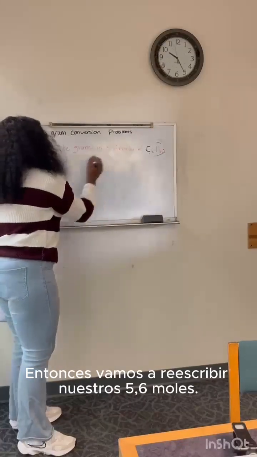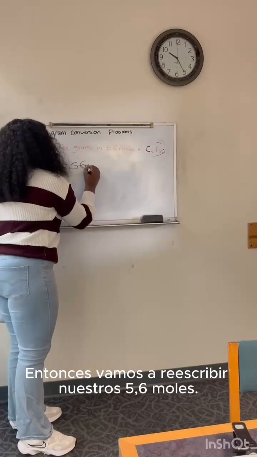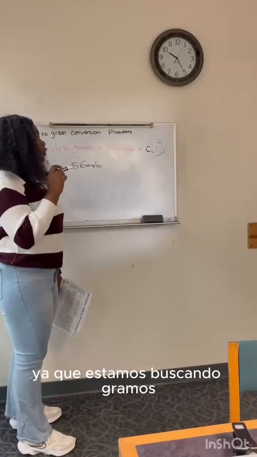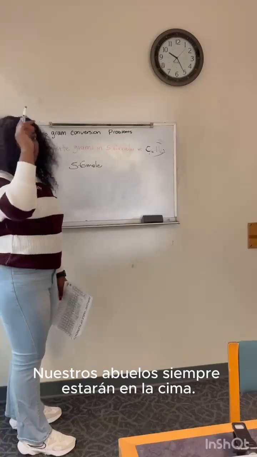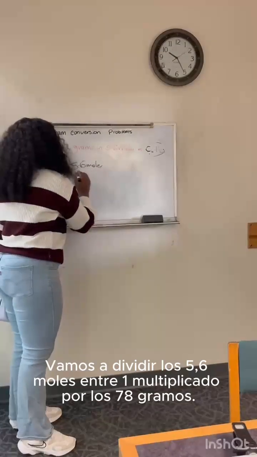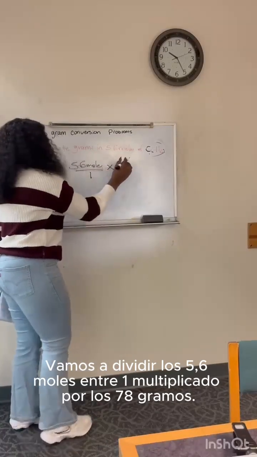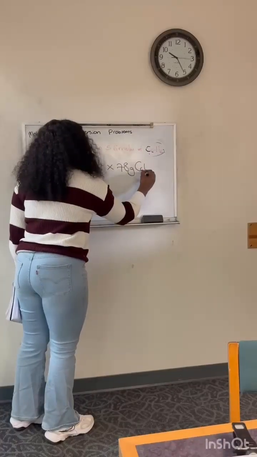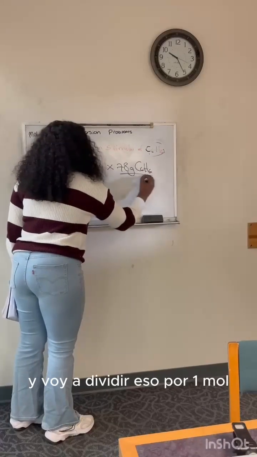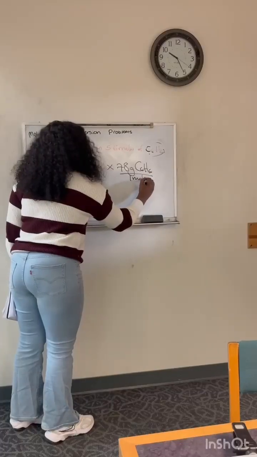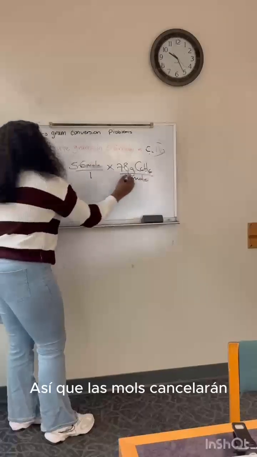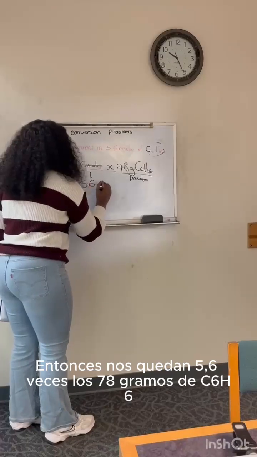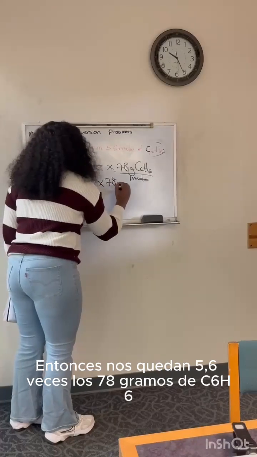And then we're going to get our 5.6 moles. Since we are finding grams, our grams is always going to be on top. So we're going to get 5.6 over 1 times the 78 that we got, 78 grams of C6H6, and we're going to divide this by 1 mole. So the moles go away, and then we are left with 5.6 times 78 grams of